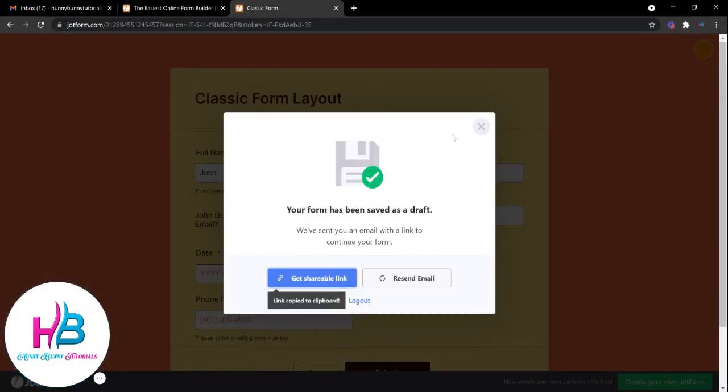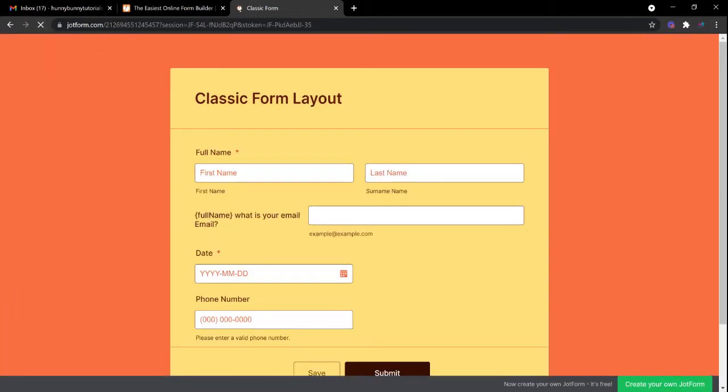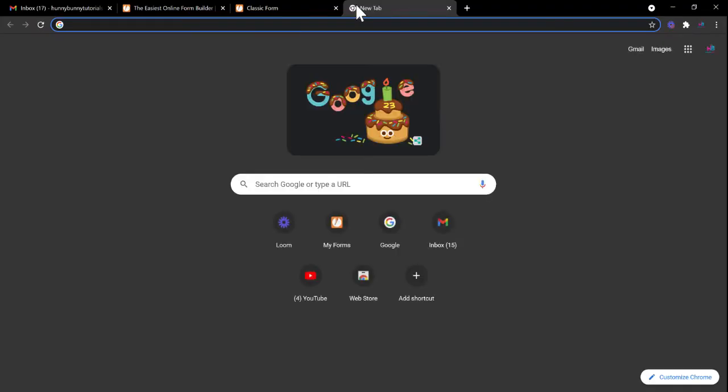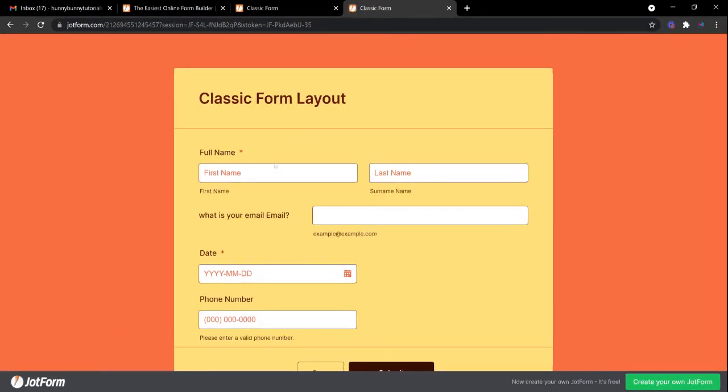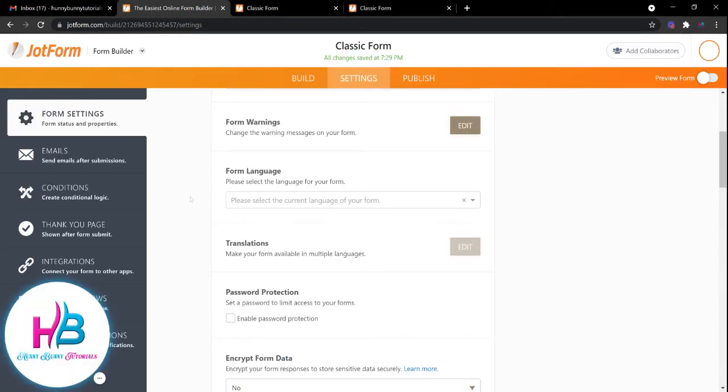Also you can get the shareable link. We will try to access it through the link also. As you can see, the name is not gone. It is already in the field. Now I copied the link, and if we open it here, then you will be able to see that the name is already pre-populated in the field. Okay, now the next option is